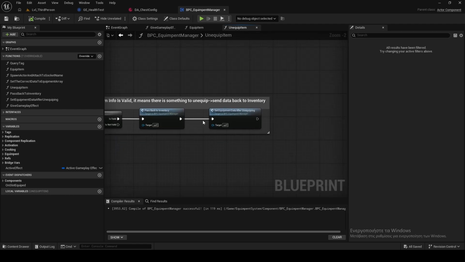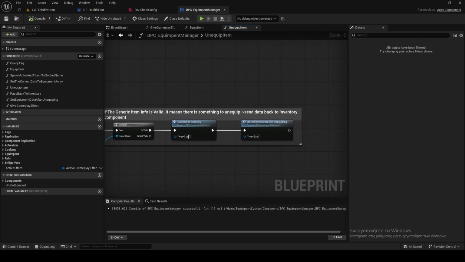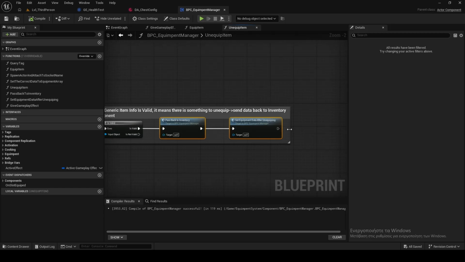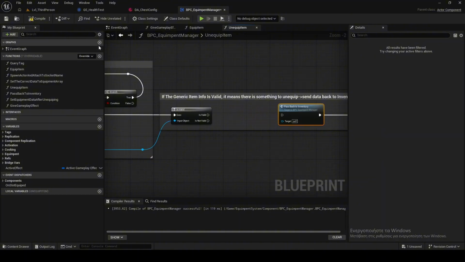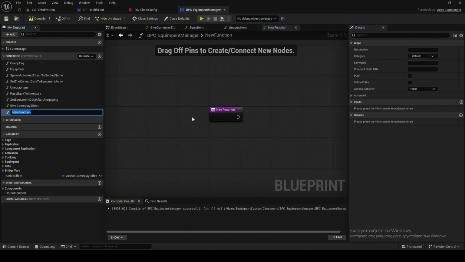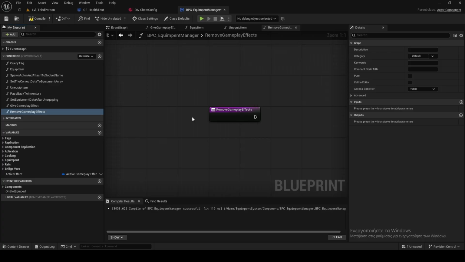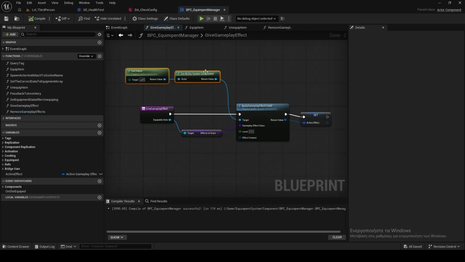So before I pass the data back to the inventory, I will do remove gameplay effects. And this, like the gameplay effect, I need to get the owner and the ability system component